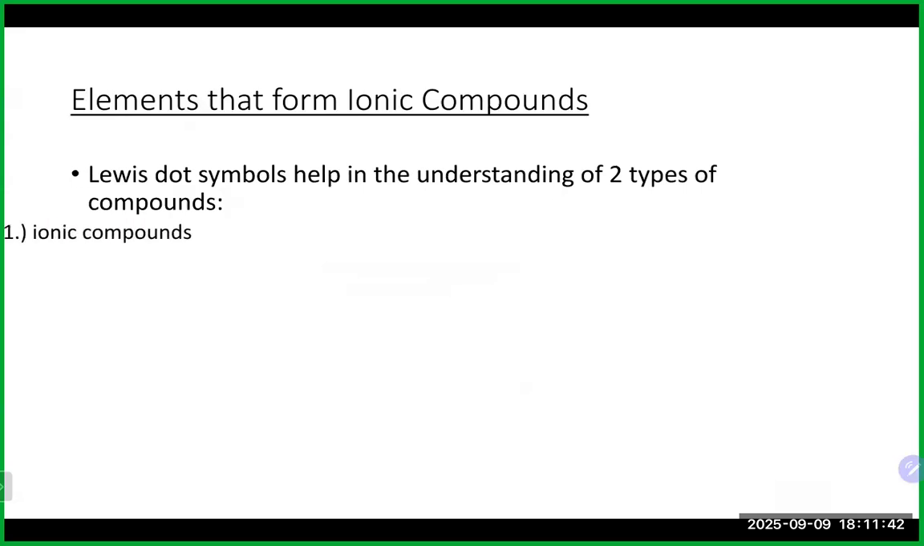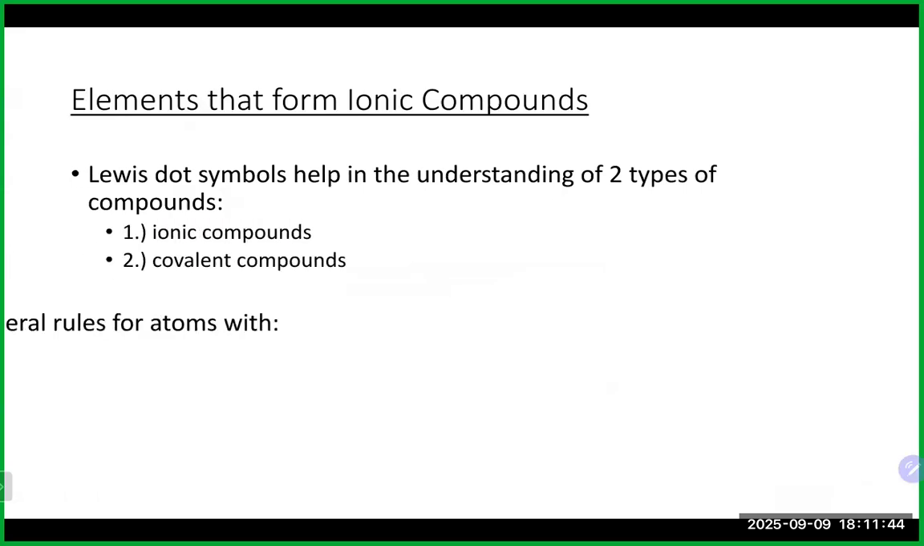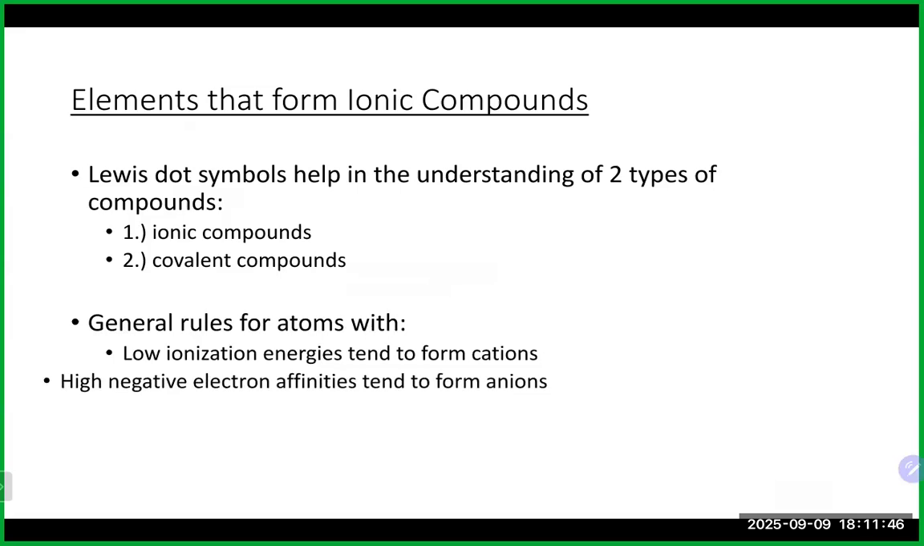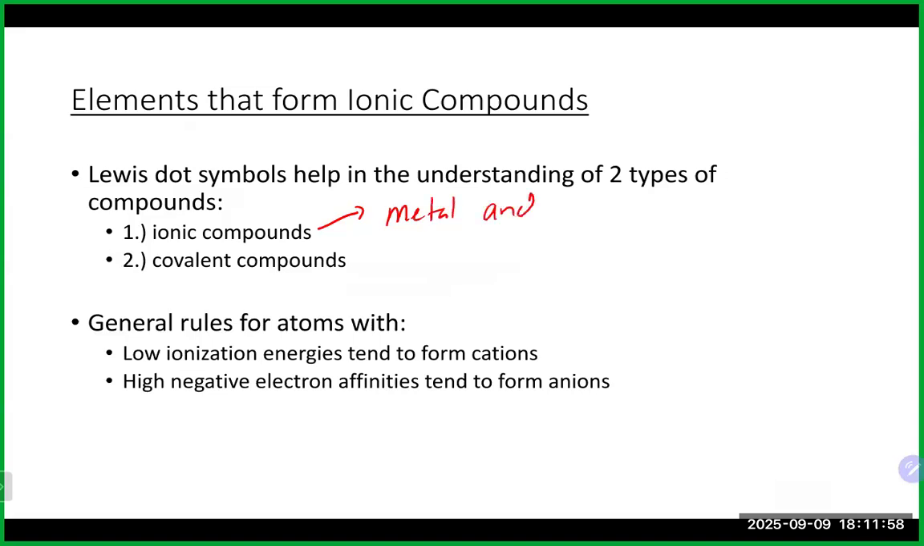So let's first talk about what Lewis dot symbols could help us understand. We're going to talk about both of these here. We're going to first talk about ionic compounds. What makes up an ionic compound is always really this combination. It is always a metal and a non-metal together. So when you see a metal and a non-metal coming together, that should just scream ionic